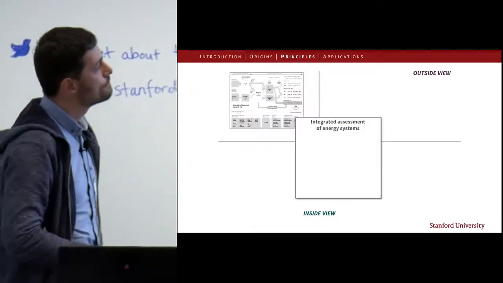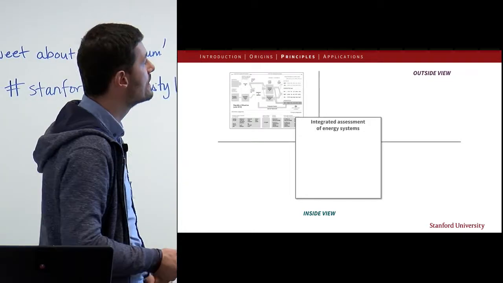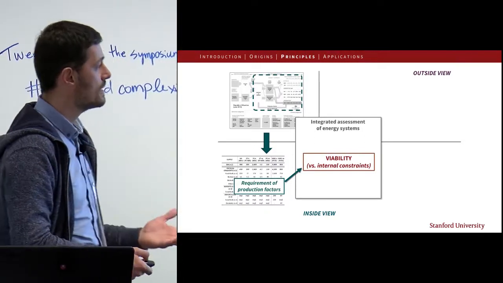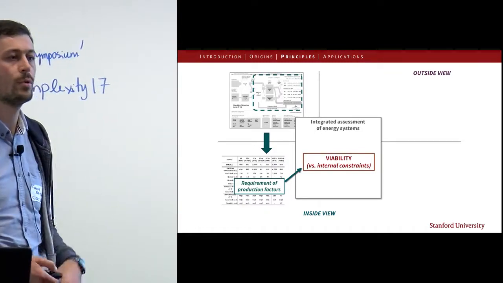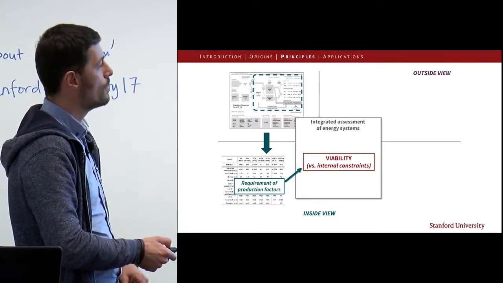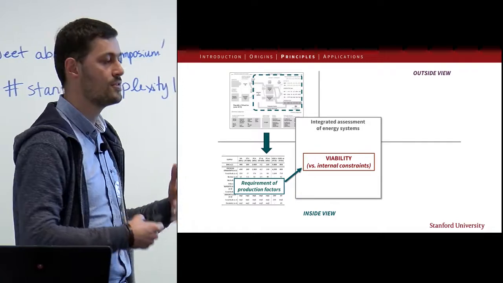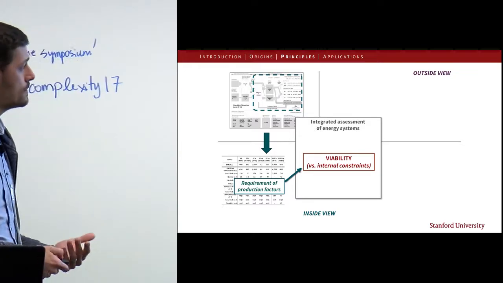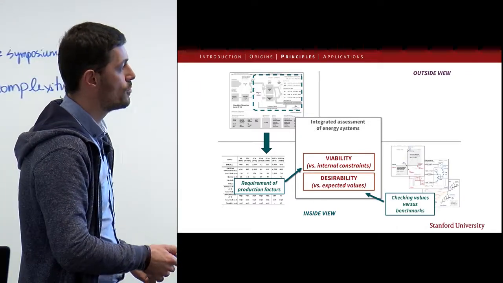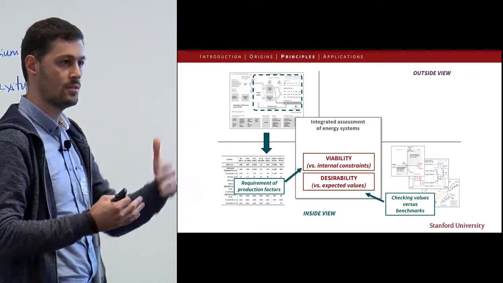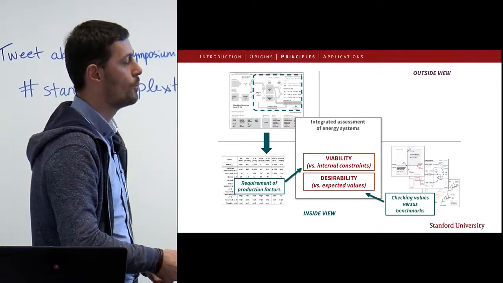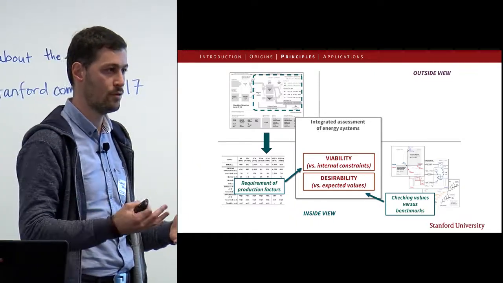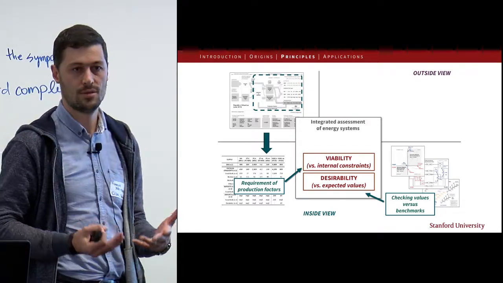And so all this is put together in a sort of toolkit that we call integrated assessment, in that case of the energy system, in which we look at the inside view of the society, looking at all the requirements of production factors, and we are able to discuss the viability, whether the introduction of a new system is incompatible with the existing pattern of this society, for instance. Thereafter, we look at the benchmarks, so the metabolic rates across the various sectors, and how they are compatible with either expected values or the current values whenever we affect those metabolic rates by introducing a new system.